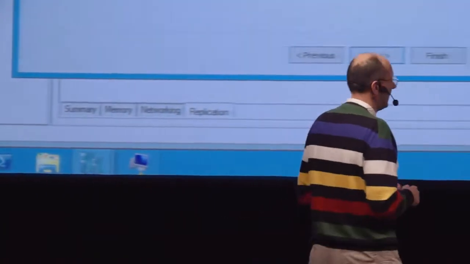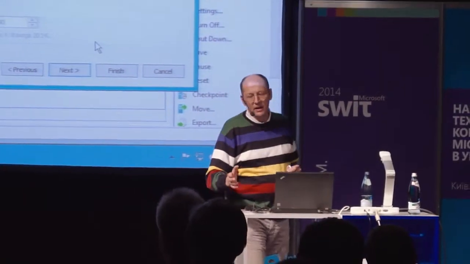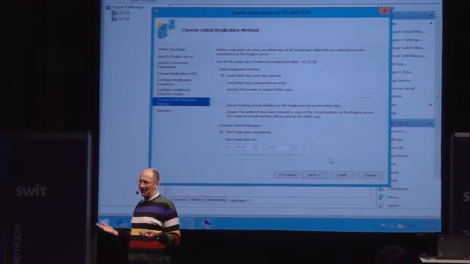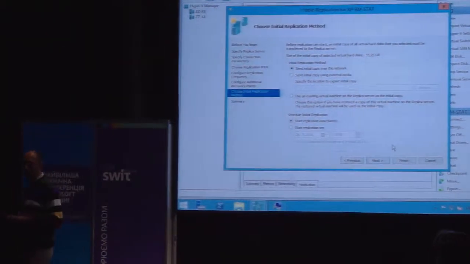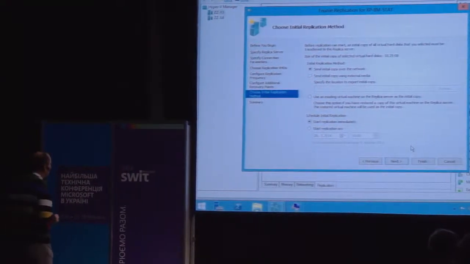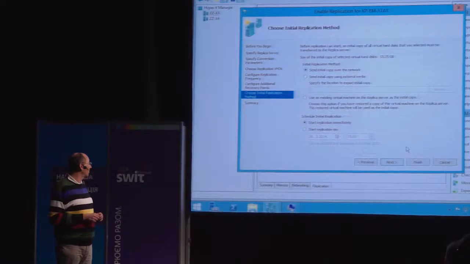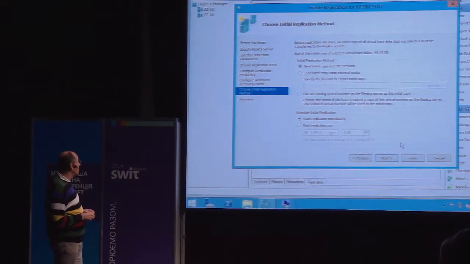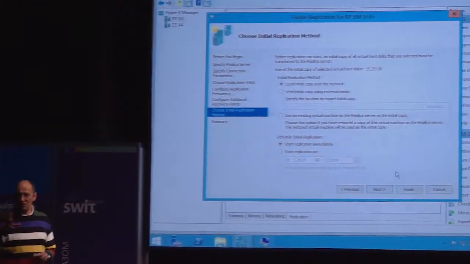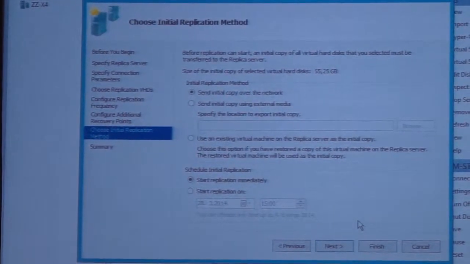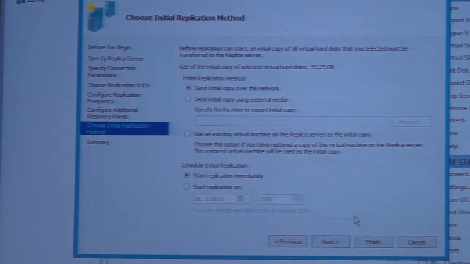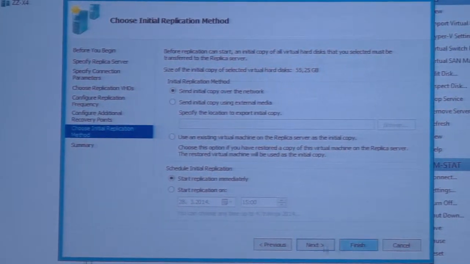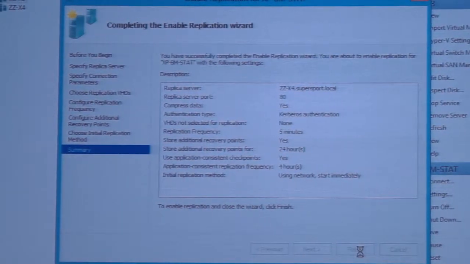So that's great. So now, the initial replication method. Since today's servers have 30 to 100 gigabytes of data, this replication could take significant time, and you could choose, do you want to copy this data over the network, or do you want to use, for example, today's super fast USB 3 drive? Or do you want to use another virtual machine as the initial point for your file sharing drive? Also, you could schedule when all this will happen. So now we will put it to run,